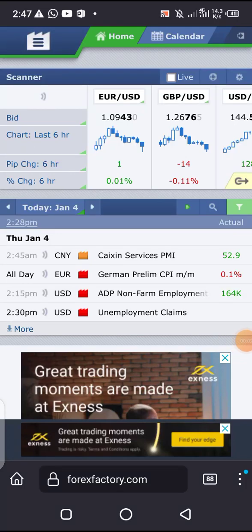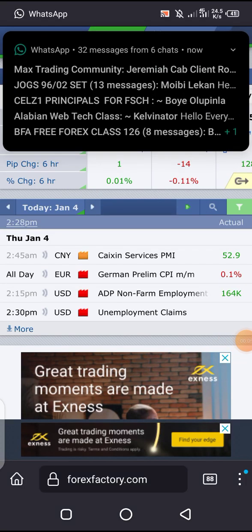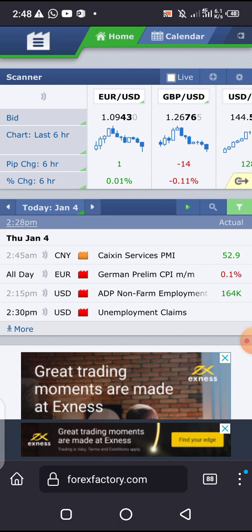Basic education of fundamental analysis: how you can earn good profit trading fundamentals. This requires a lot of experience. This is not for newbies, it's for those who are experienced, because trading news is very volatile, and that attracts high risk, so you must be very experienced to trade